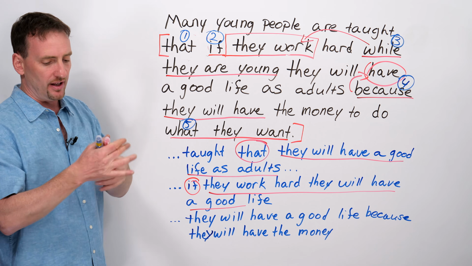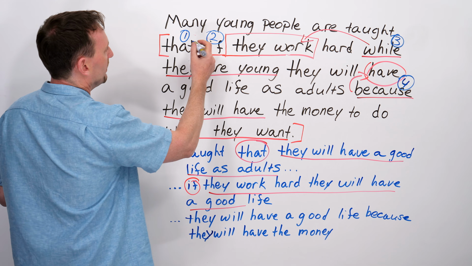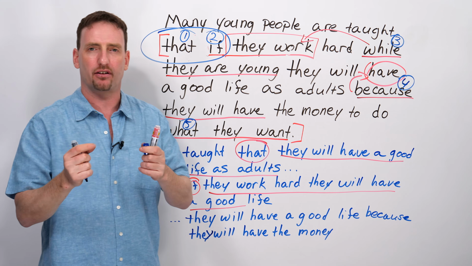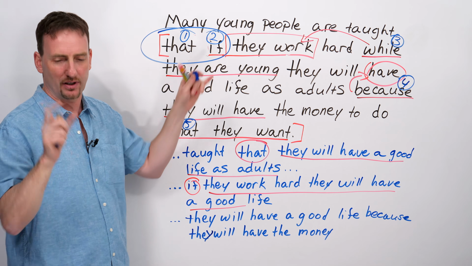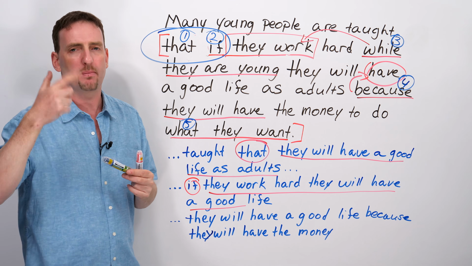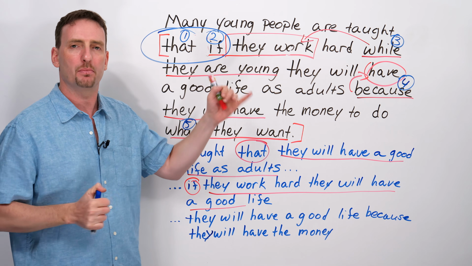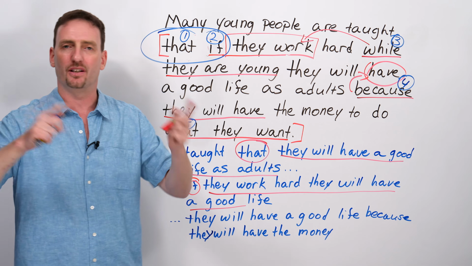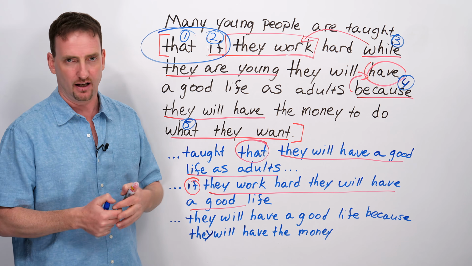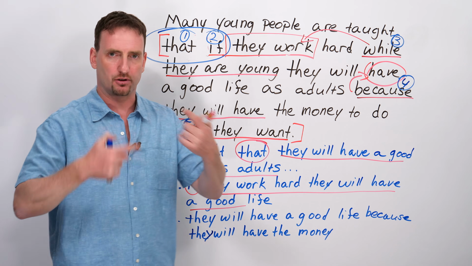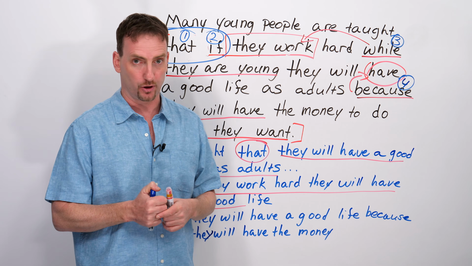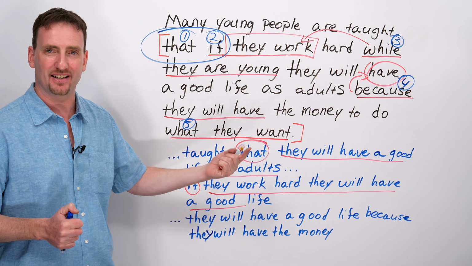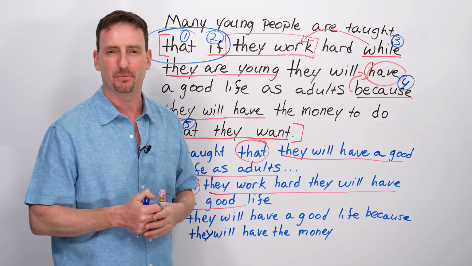Now, one other thing I want to point out. You'll notice that I have 2 conjunctions, one right after the other. Whenever you see this, when you see 2 conjunctions, automatically think they are probably sharing something. They are sharing a piece of the clause, and you need to identify what it is they're sharing and how they're sharing it. And then you'll be able to understand how the sentence is working. So, don't worry, we're not done yet. I'm going to give you another example and see if you can have a little bit easier time with that one.